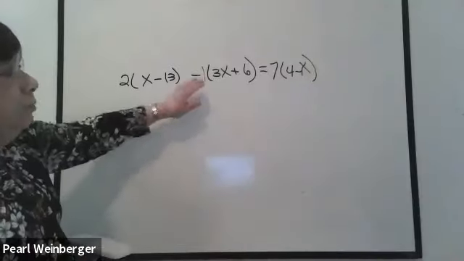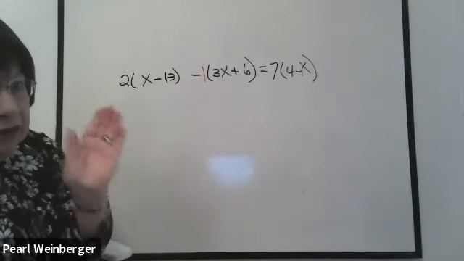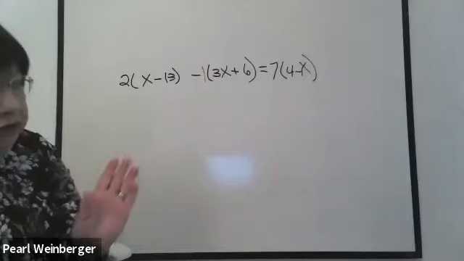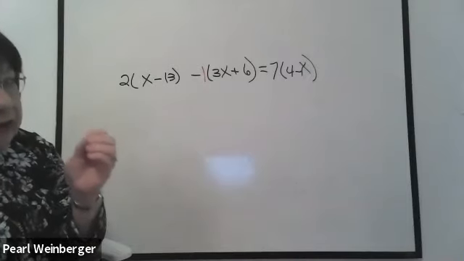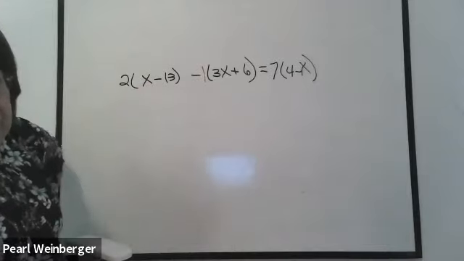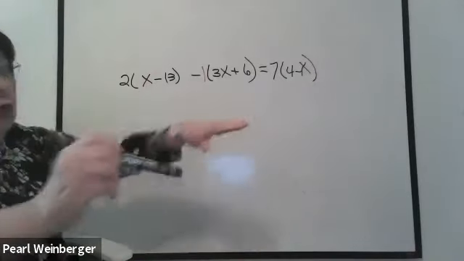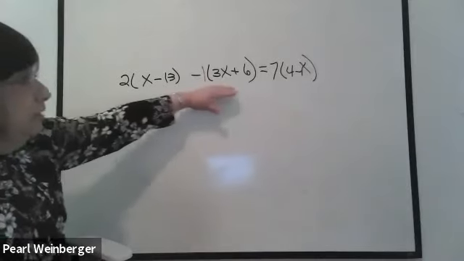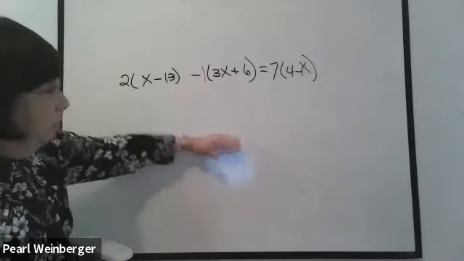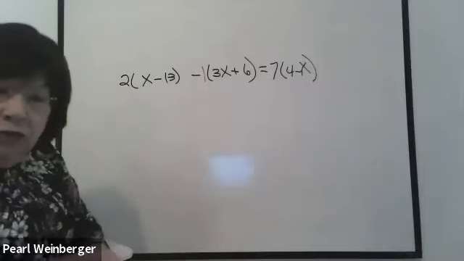Anytime you see a plain parentheses and no number directly in front of it, there's just a sign, it's understood as if there's a number 1 right in front of that parenthesis. So it doesn't matter which parentheses we start from. It could be any of them, as long as you keep things in order. In other words, if you start with this one, then write it over here, but then you have to go to this and put it in front. You can't mix the orders up.